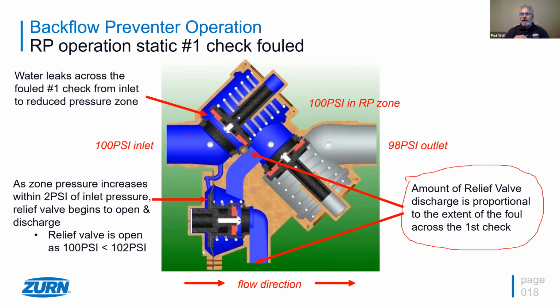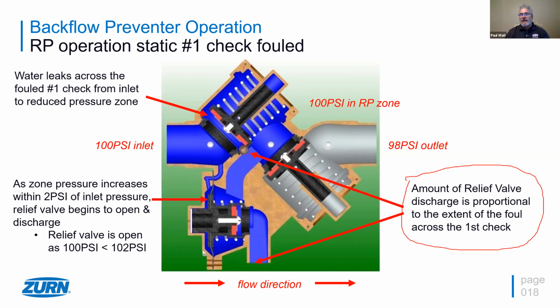If that relief valve is just dripping slowly, a drip every 2 seconds, the foul is pretty small on that number one check. Something small is happening that's causing that. If a lot of water is coming out, something big is going on. If it happens periodically, like every other day or on Sunday morning at 4 a.m., you know that there's something